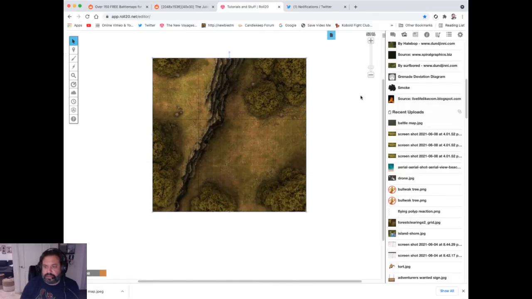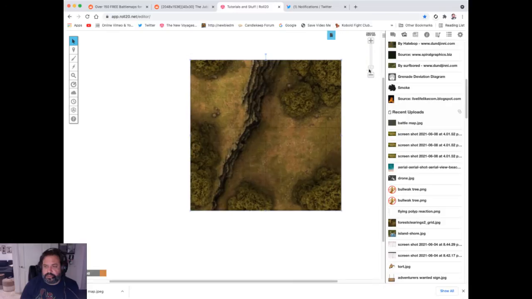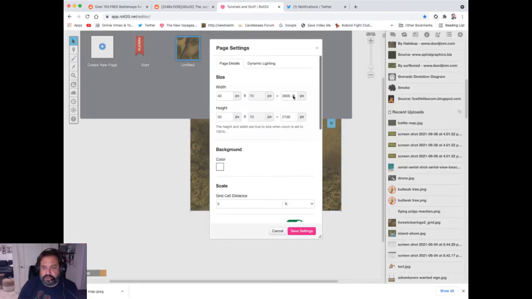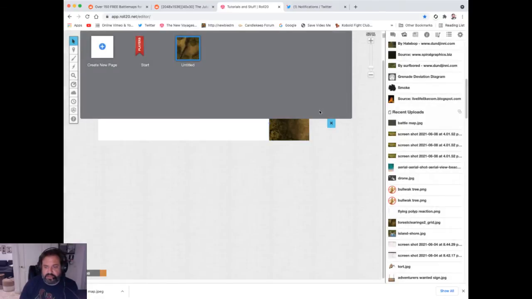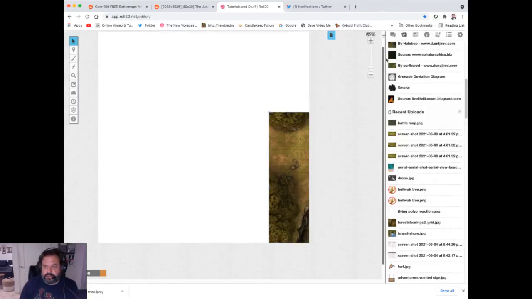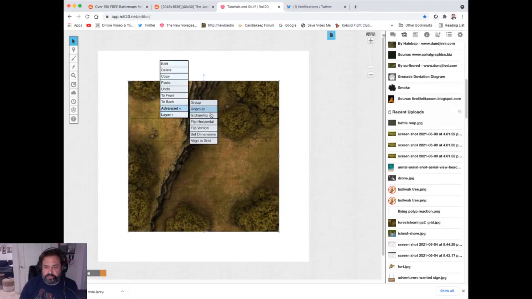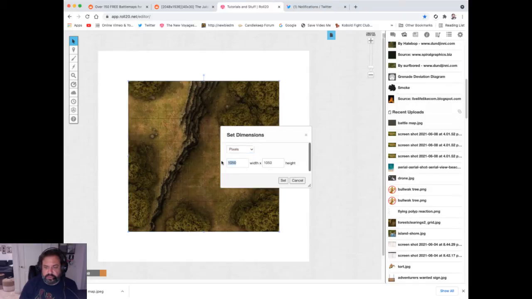All right, so now 21 by 21, we're going to do 1470 by 1470 grid on there. All right, 21 by 21, 1470 by 1470, save settings. There you go. The Roll20 page changes to this, and then here we'll advance it, set dimensions, and 1470